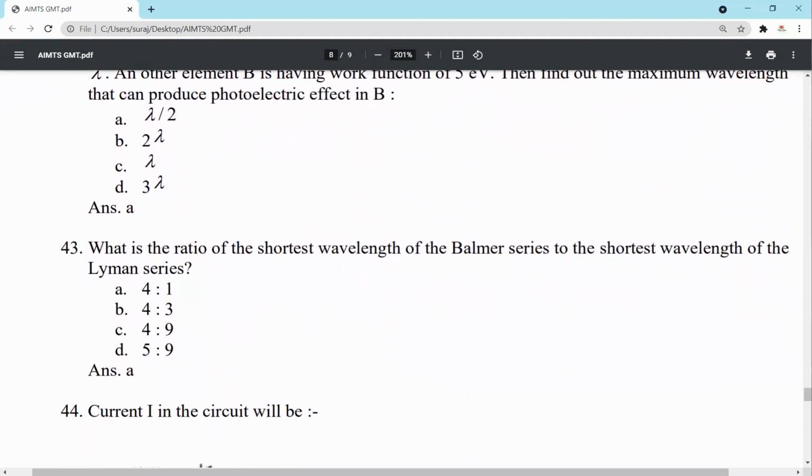What is the ratio of the shortest wavelength of the Balmer series to the shortest wavelength of the Lyman series? Lyman, Balmer. Lyman is what? N lower is equal to 1. Shortest wavelength. That means N upper will be